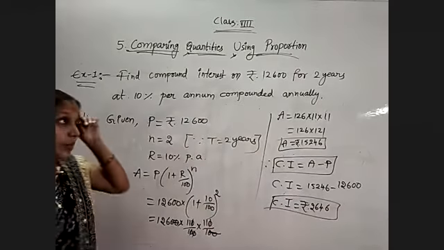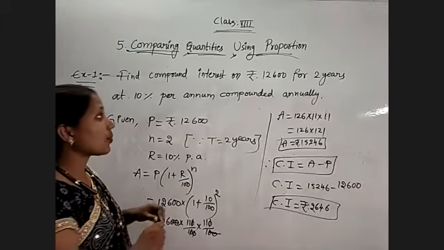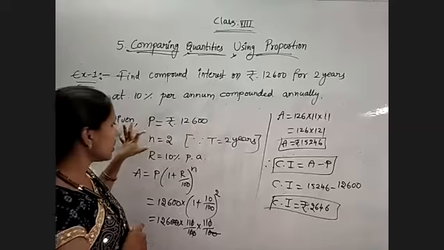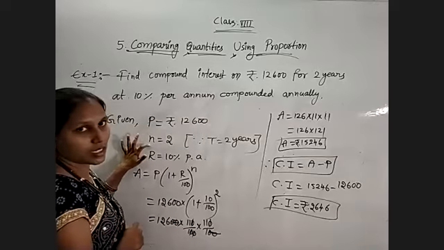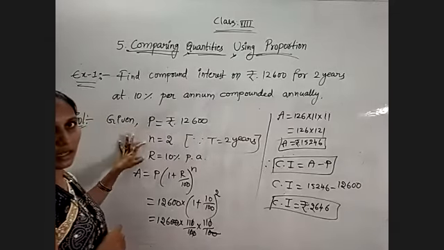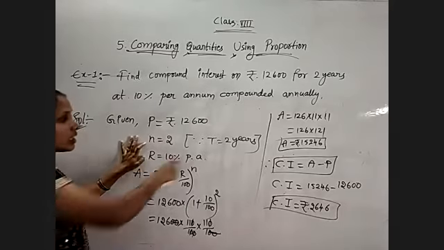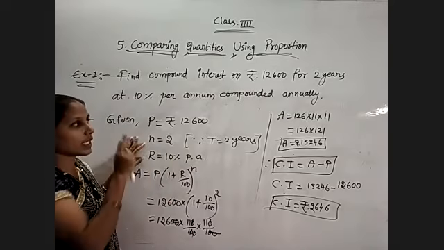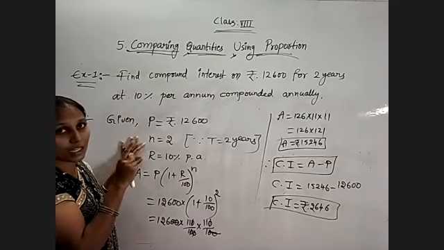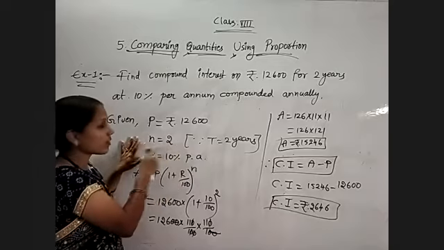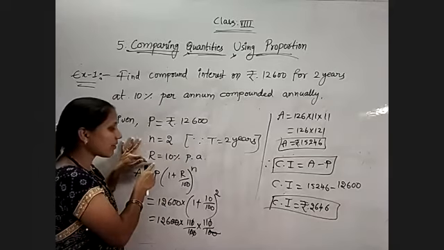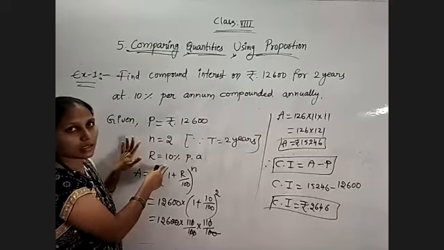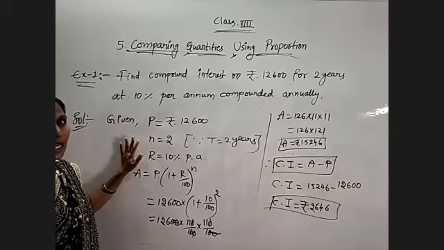Here you need to remember one thing. In case of compound interest, if it is compounded annually, there is no change in the number of conversion periods and rate of interest. Remember, these two values will change otherwise. If it is given half yearly, then for 1 year, the number of conversion periods is equal to 2 when the amount is compounded half yearly. If 2 years are given, we will get 4 conversion periods, and the rate of interest will be half of the original rate, since it is half a year. So we will get 10 by 2. That question we will do later with another example.